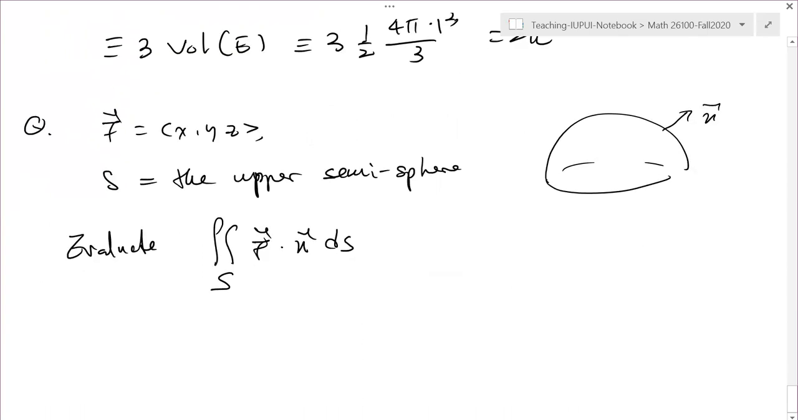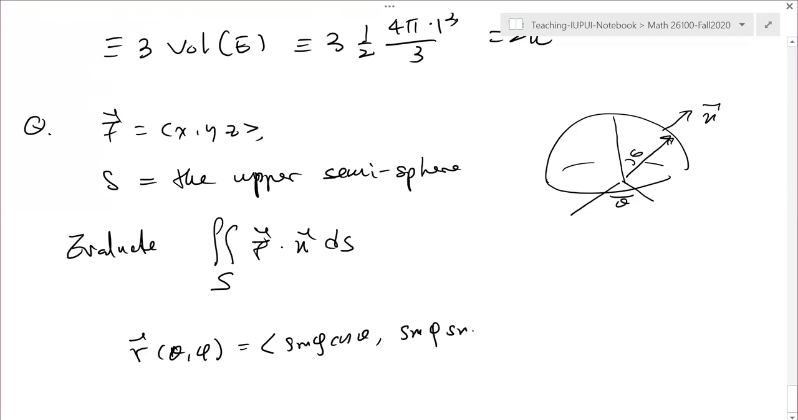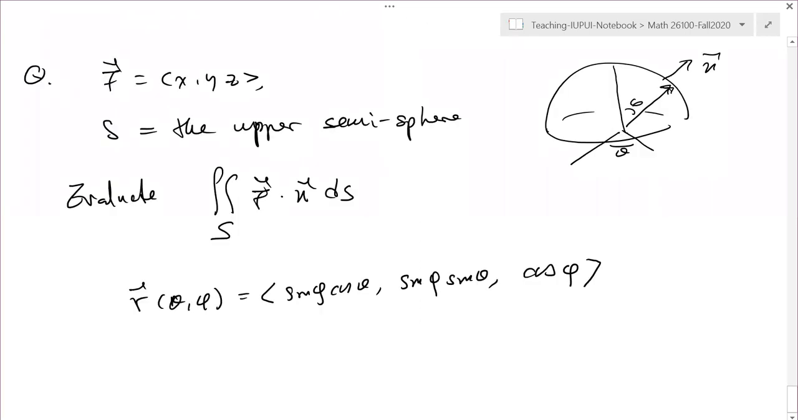Now, to solve this problem, you can do it directly. How do you do that? You have to parameterize. Every point, spherical coordinates, so you have phi and theta. It's going to be sine phi cosine theta, sine phi sine theta, and cosine phi. If you forgot, you can find out from the book. You have to compute the cross product